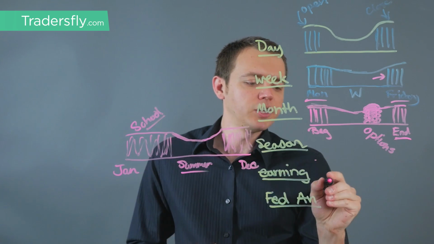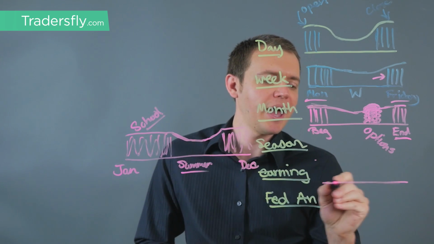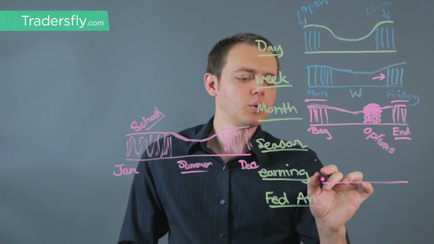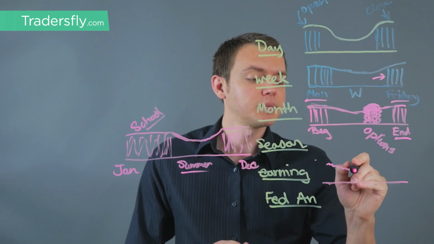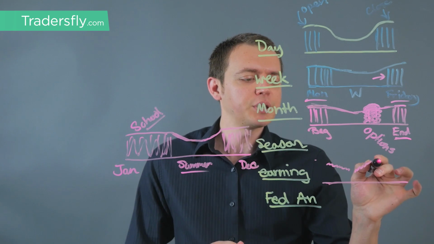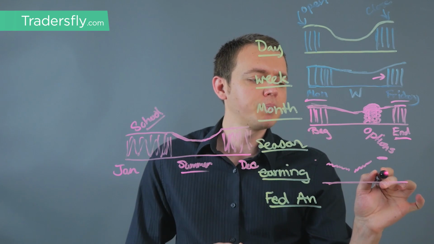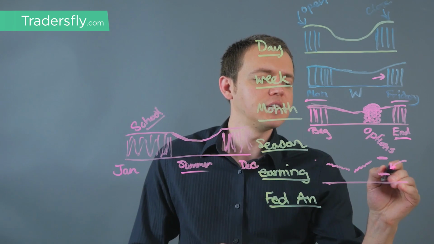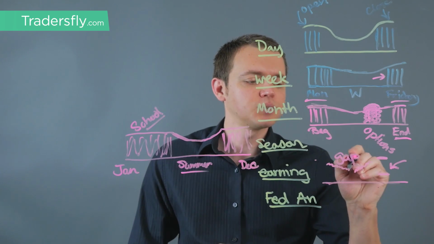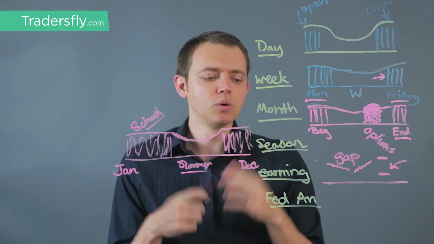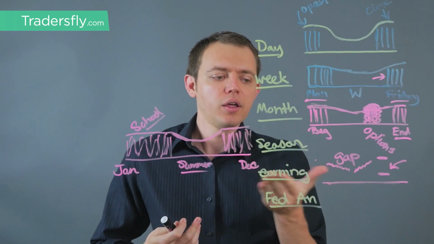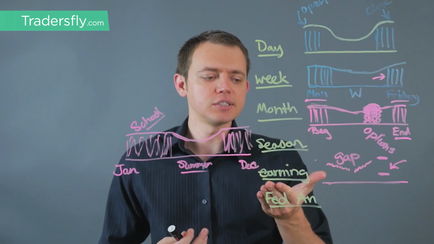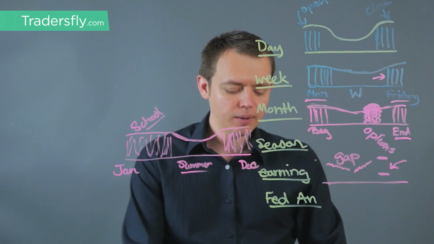Earnings, the same thing. When you have earnings, you have a meta pattern for earnings as well. So stocks, sometimes they'll sell off a little bit depending on the stock. Sometimes they'll power into earnings. But then after earnings, they'll either gap up or gap down. So you have these gap effects when it comes to earnings. So that's the pattern. So what do you need to be aware of? Well, be aware of the gaps. Those are the meta patterns when it comes to earnings because you have gaps.